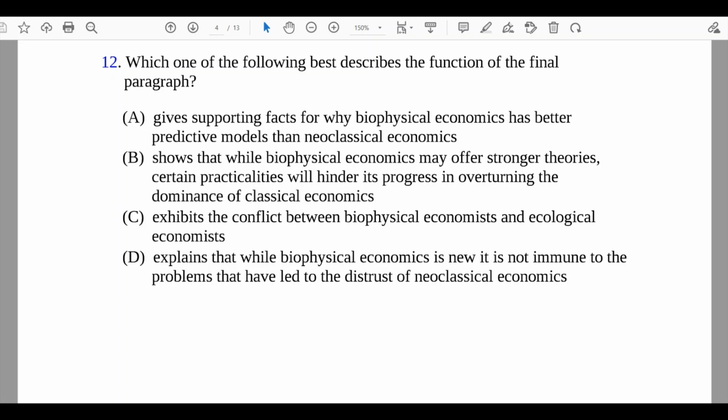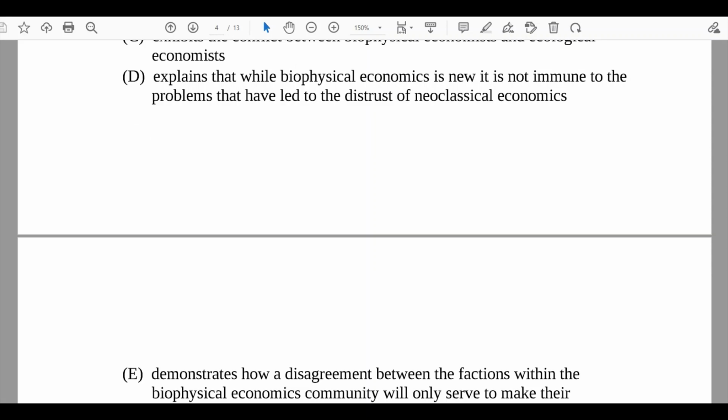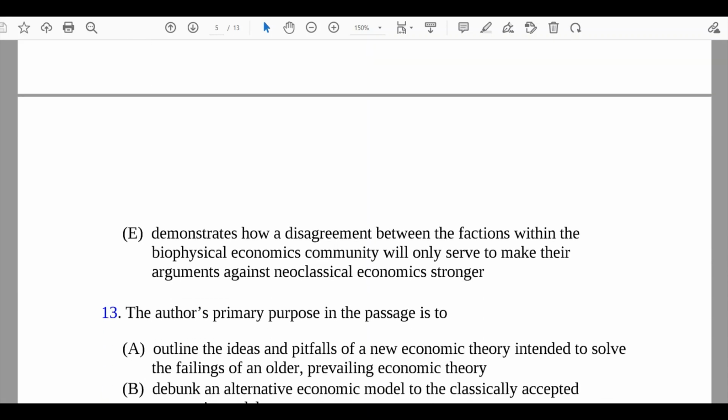C option exhibits the conflict between biophysical economists and ecological economists. D option explains that while biophysical economics is new, it's not immune to the problems that have led to the distrust of neoclassical economists. And E option